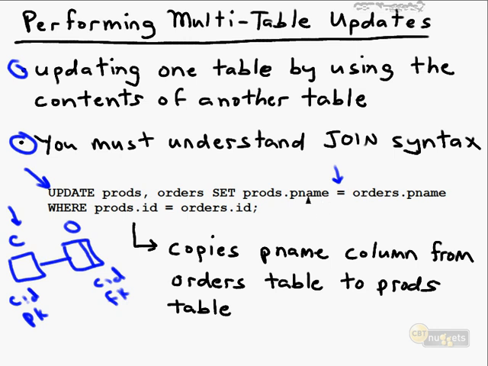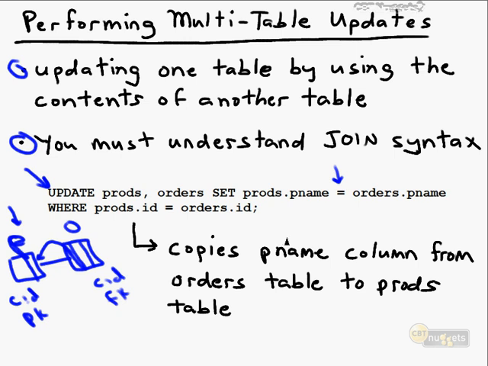We're assigning values. And you notice also we're using qualified syntax, where we're taking the table name dot the column name. Therefore, there's got to be a column that has the same name and data type in each one of these tables. Therefore, in this case, we're saying set the pname column in our products table, let me change this to P for products, equal to the pname column in orders. So whatever is in the orders column over here on orders, we're going to copy that over into the matching